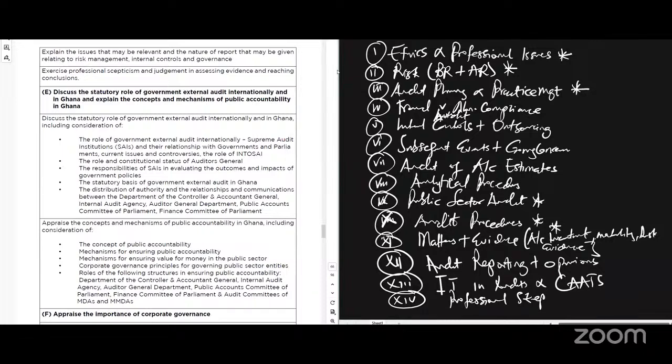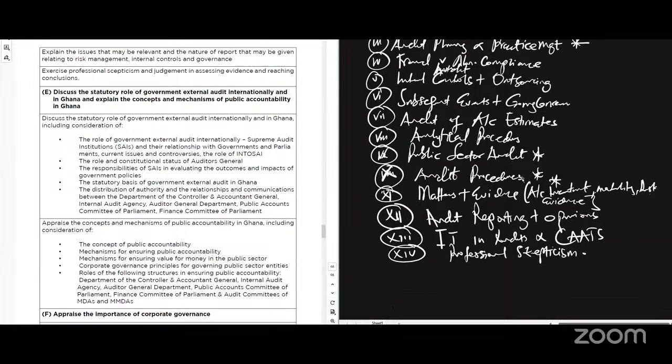See, there are so many topics, but I've broken them down for you. Master these ones that I've written, and if you will not get 60 all the time, even if you don't do the other areas. There's also professional engagement, like engagement outside audits. But these are the key things you need to know. If I should add one last one, which is number 15, just add group audits versus joint audits.